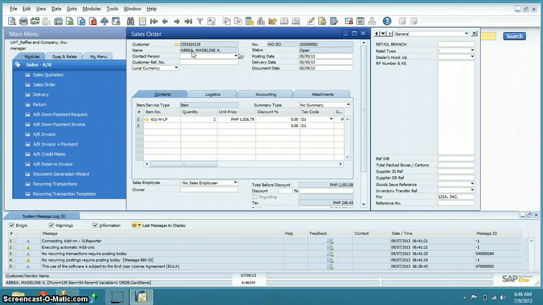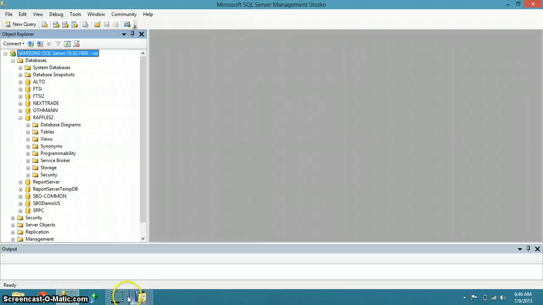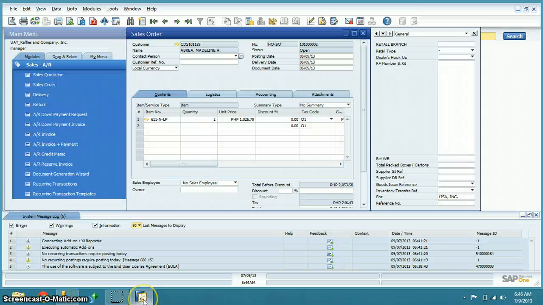See, ORDR. And this one that I have shown will be helpful in locating the field names that we're going to use in making the Crystal Report.